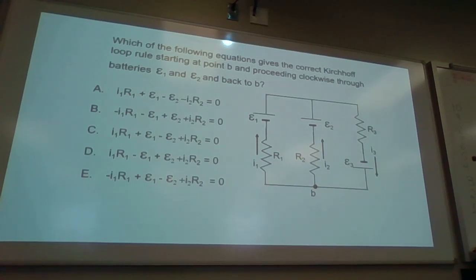So you pick a direction of current. So it's like up for our one. Yep. And then you pick a loop and you pick a direction. If you're going in the direction that you would expect to go, that's a voltage gain. If you're going in the opposite of that, that's a voltage drop. If you're going in the direction of current through a resistor, that's a voltage drop. But if you're going in the opposite direction, gain.